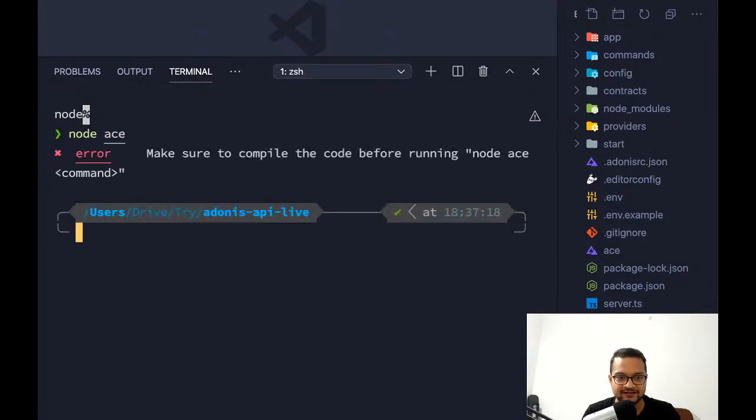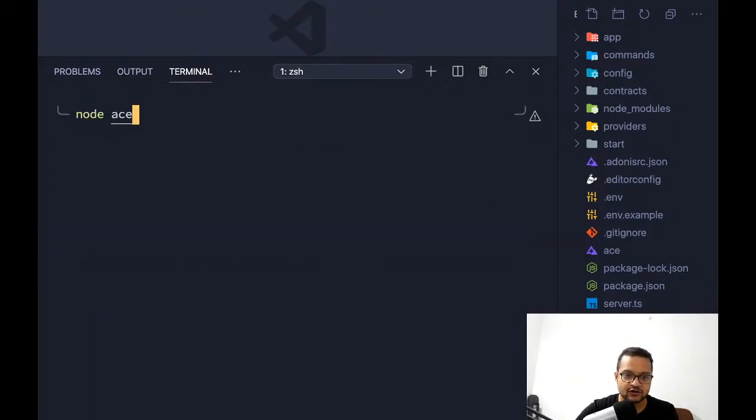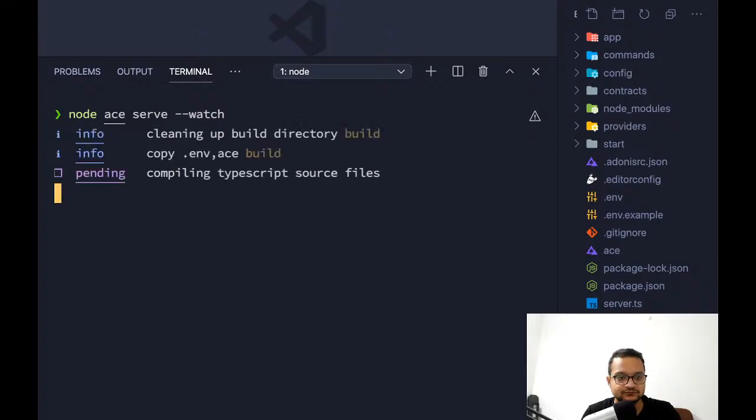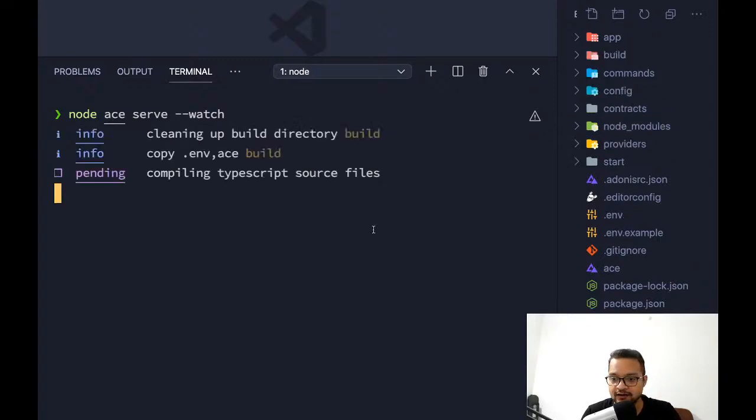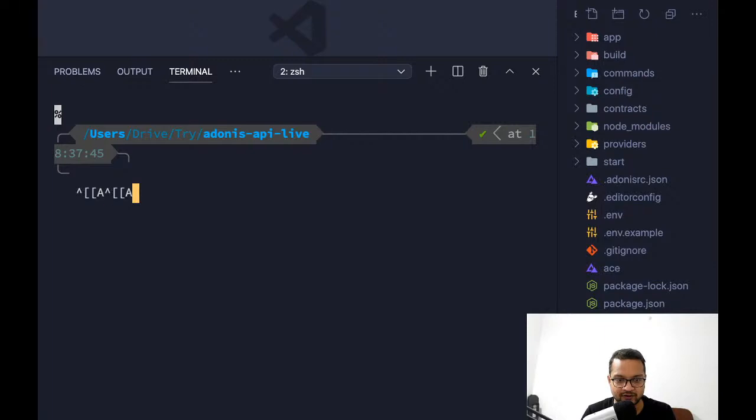So if we run this ace command, okay, what happened? Make sure to compile before running. Okay, so we have to wait. No, okay, I got it. First we need to serve, so ace serve --watch, and first we need to start the server. And now since the server is running, if I now try,